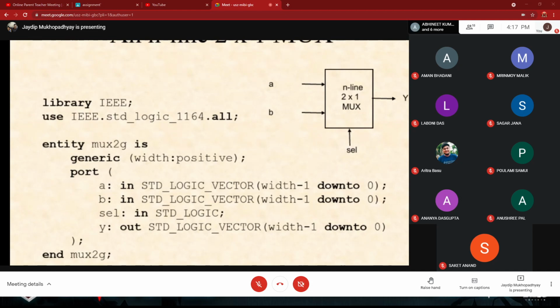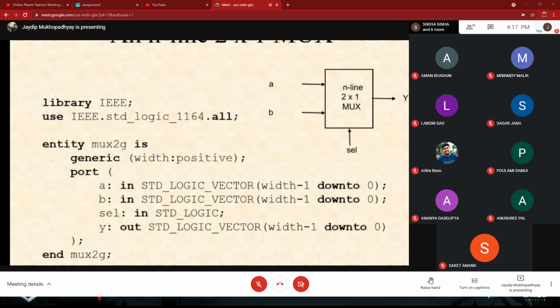Why is it 2G? For the sake of the meaning of the mux, as it is 2 to 1, that is called 2G here. It can be anything. The entity name is mux2G, and it is a generic with positive. Within brackets, this generic statement is here because of the bus nature.